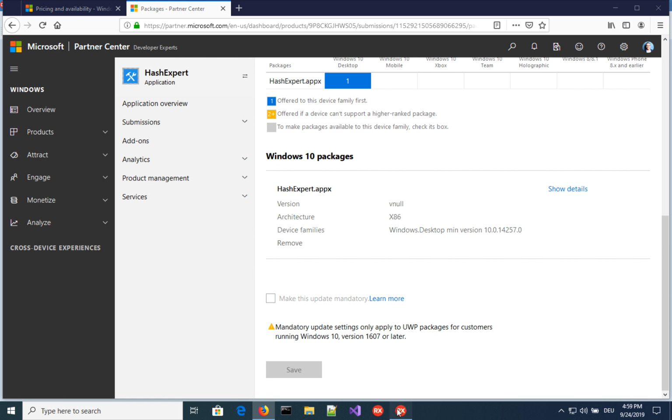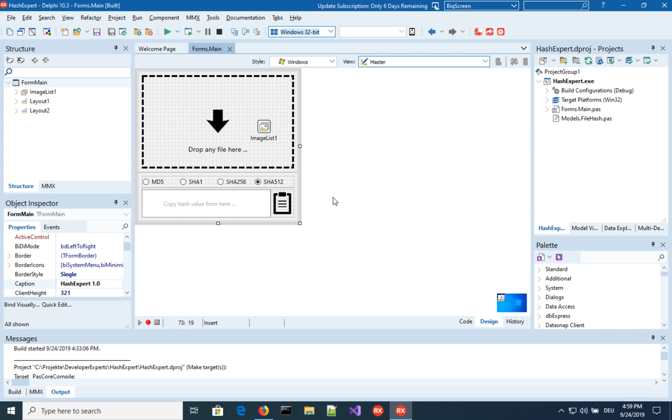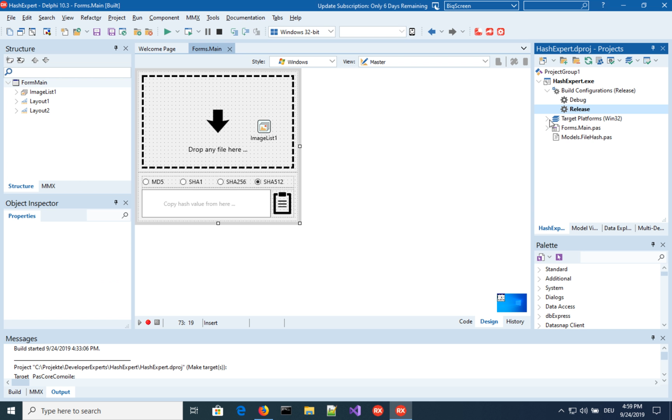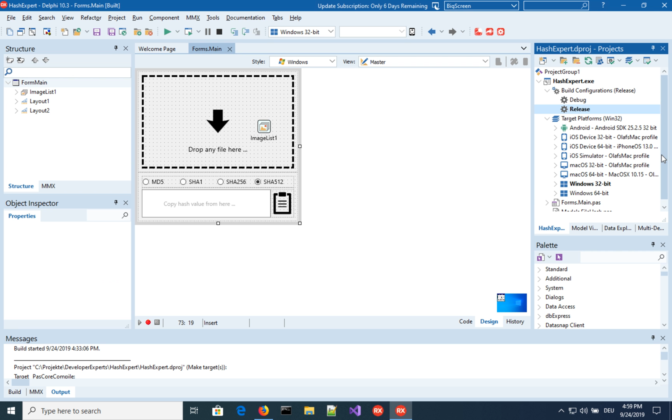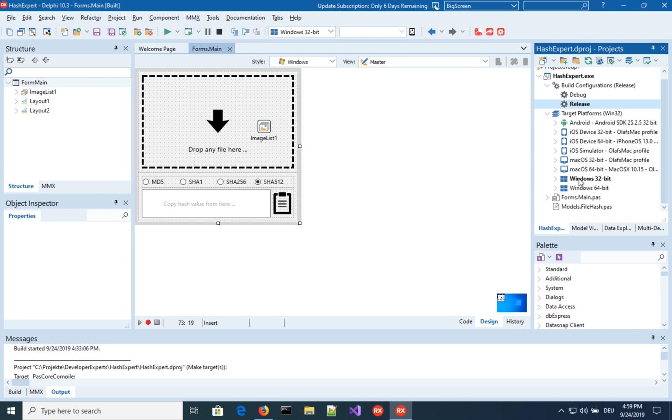Okay, so let's go to Delphi. When I ran the application previously, I did that as you would do with any regular Windows application. So it was set to debug, and it was set to produce a Win32 executable. To produce something for the App Store, you should set it to release, and then there is a target platform that needs to be set. This is Win32. You can actually produce Win64-bit applications, but